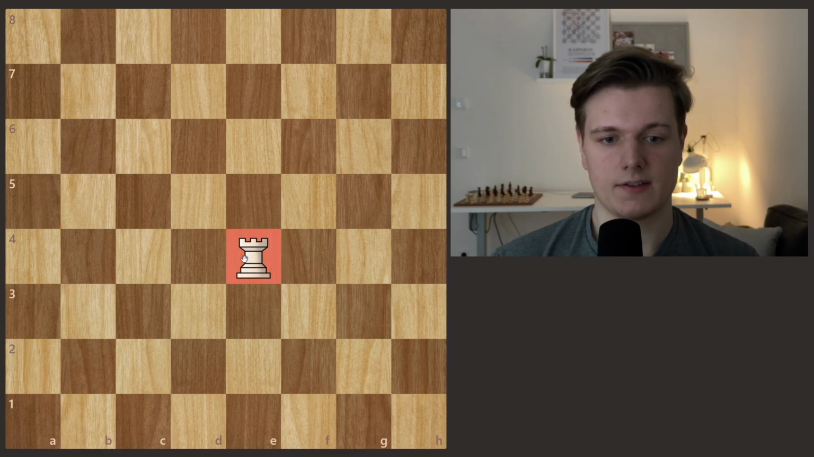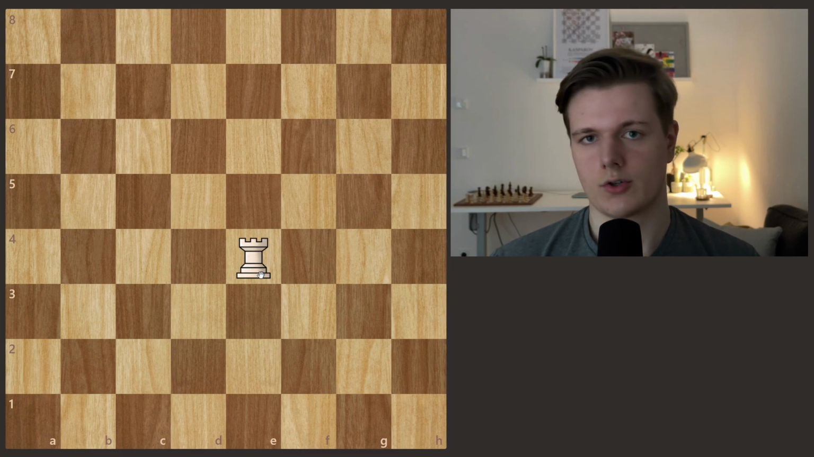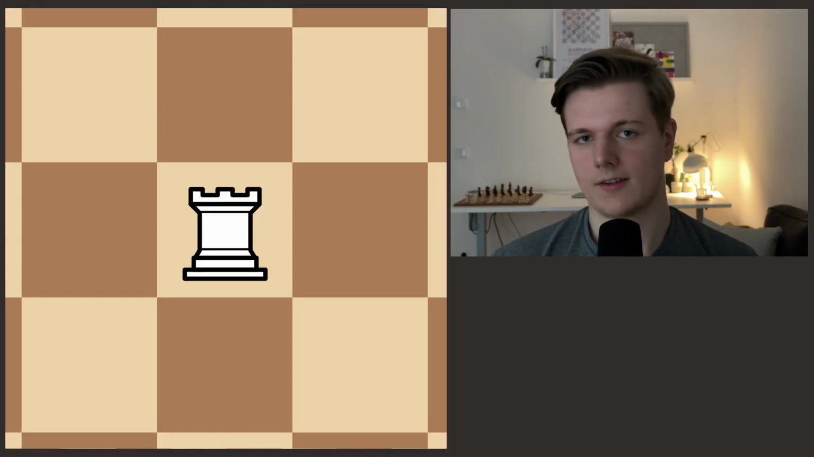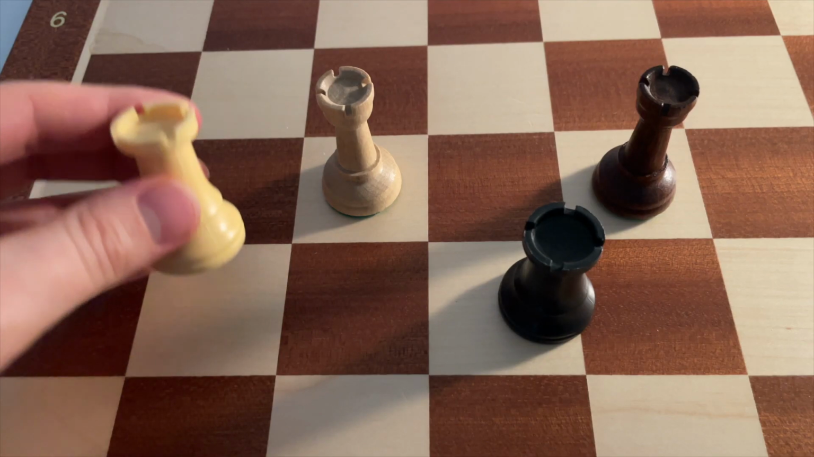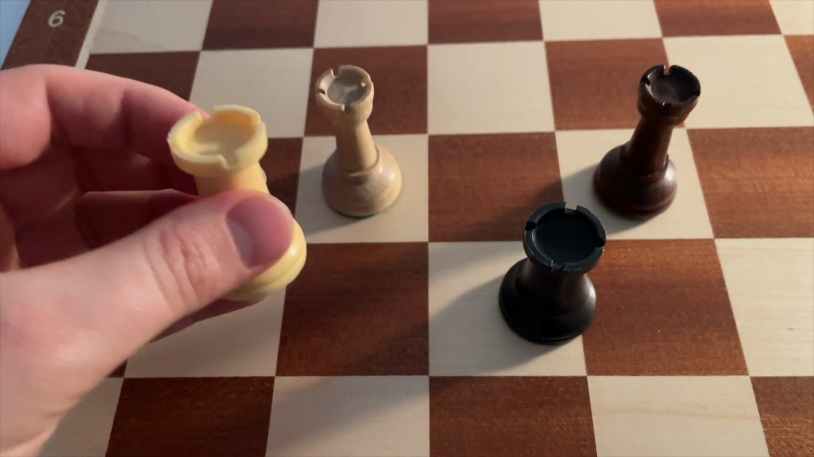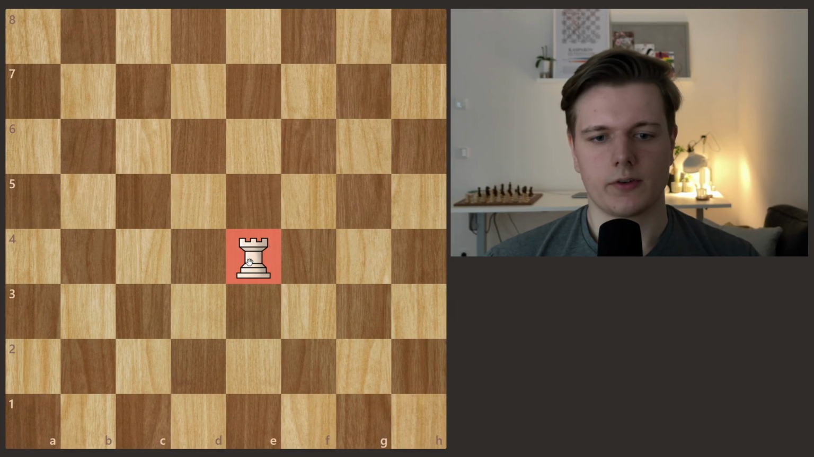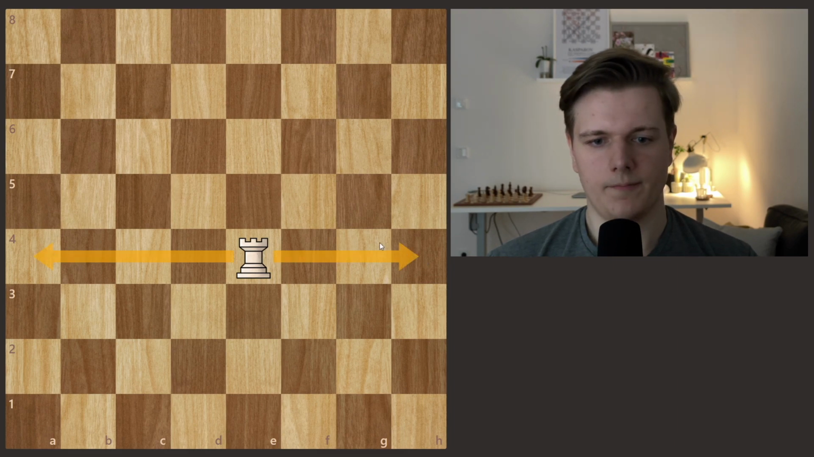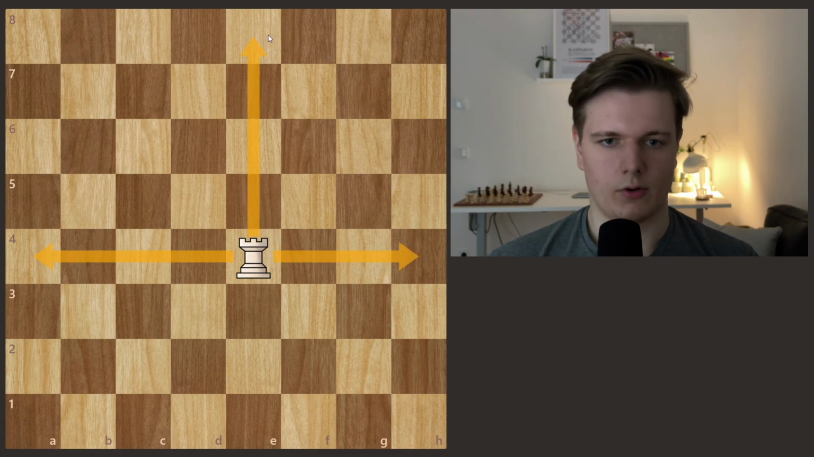So in this case this is the rook on chess.com. I can show you the rook on Lichess, looks like this. And I have two rooks from a real life chess game. They look like this. So the rook can move sideways, so on the horizontal line, and up or down, so